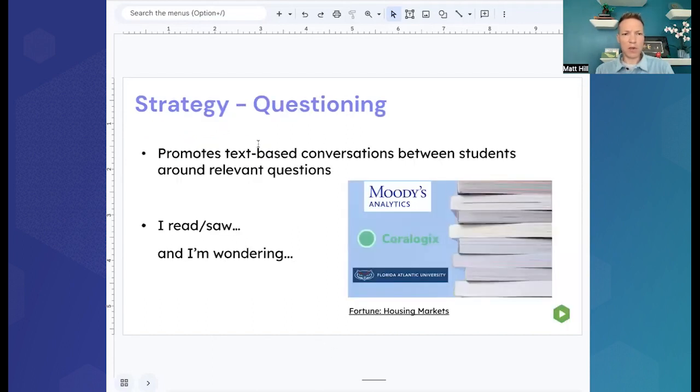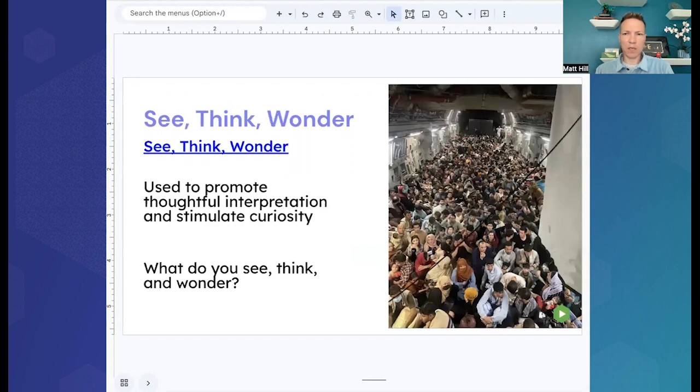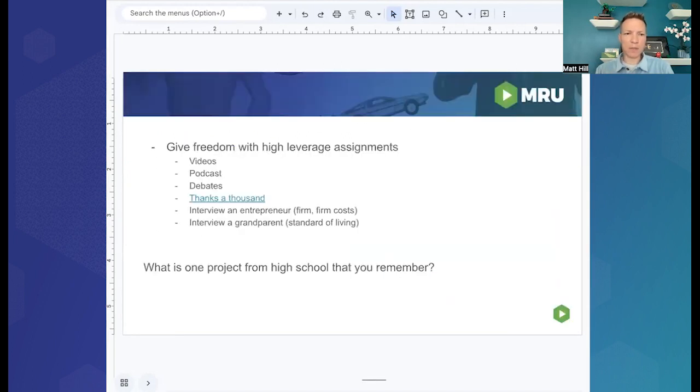Okay. You could do a text version of that. Say, all right, here's what I read or I saw in this article, and this is what I'm wondering. So you can basically ask for feedback from the articles, like, okay, what does this make you wonder about? And again, it lets the students think and makes it a little bit more about themselves.